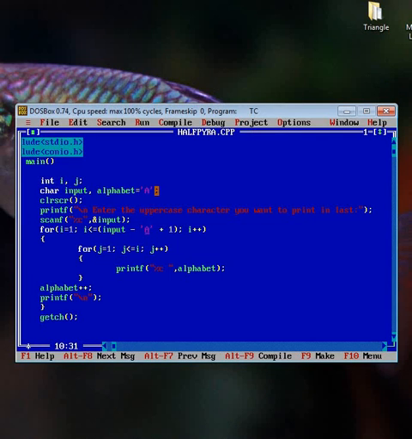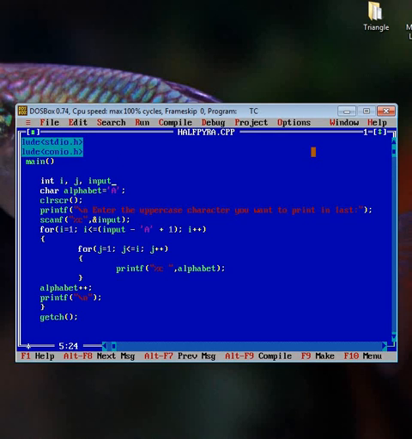Now forget it. Suppose I am rewriting the program. I have changed the data type of the input variable from character to integer.